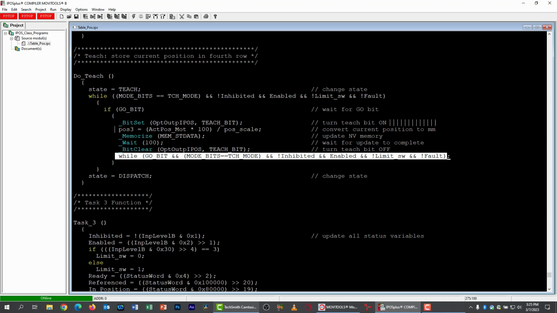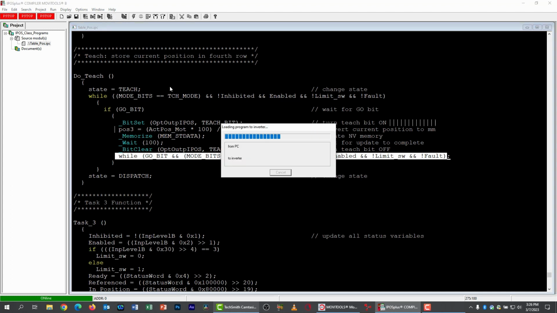To exit the current state, we either have to change the mode bits to something else, or one of the early exit conditions like control or inhibit, enable, limit switch, or fault. As soon as that happens, of course, we go back to the dispatch state. So there we go. Pretty simple code. Let's go ahead and see if it works. Of course, we'll compile it